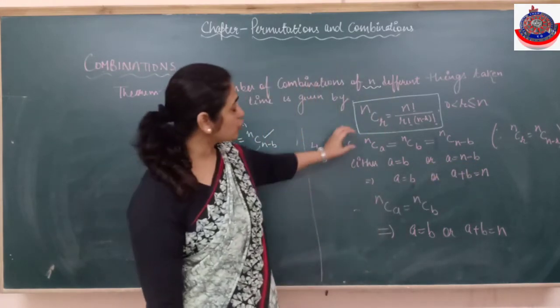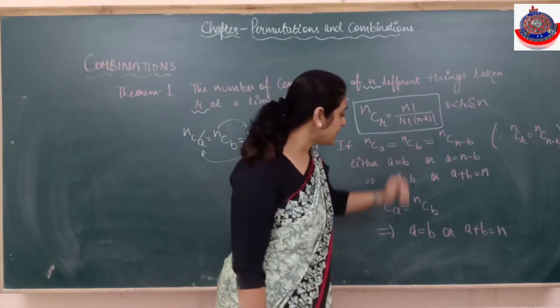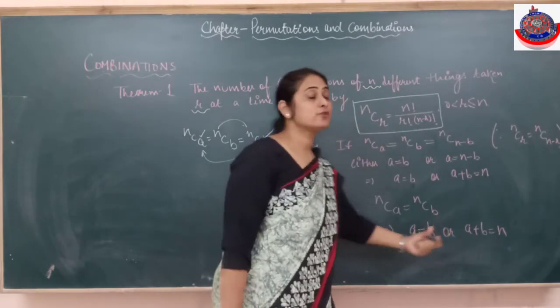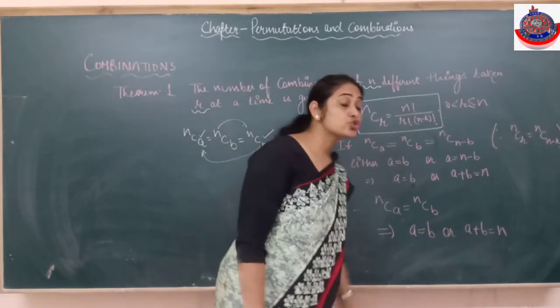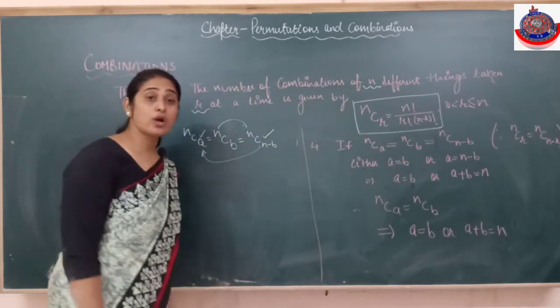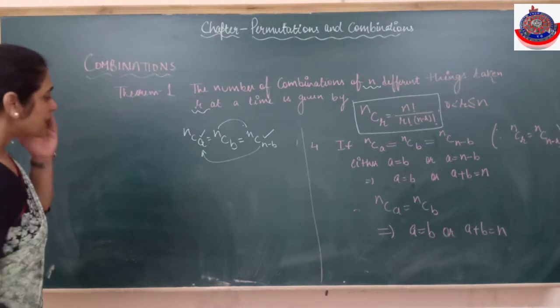इसका मतलब है अगर दो कॉम्बिनेशंस आपस में इक्वल दे रखे हैं NCA और NCB, that means either A is equals to B, या तो बेसिस इक्वल में होंगे या इन दोनों का सम is equals to n होगा. इन दोनों का सम किसके इक्वल होगा? n. Again a very, very handy rule. Fine, let me ask you this. Like suppose they said